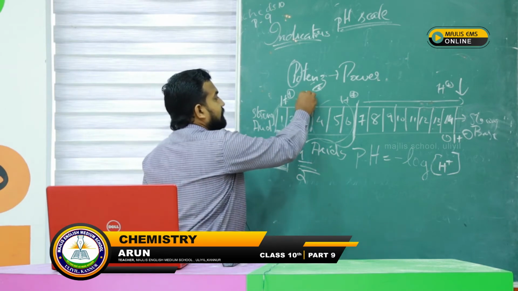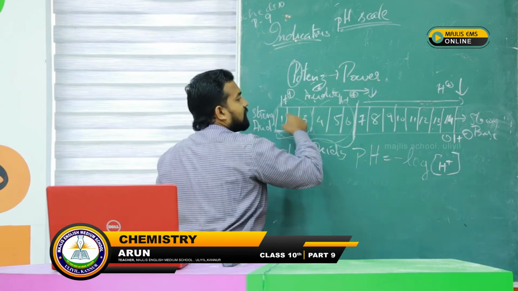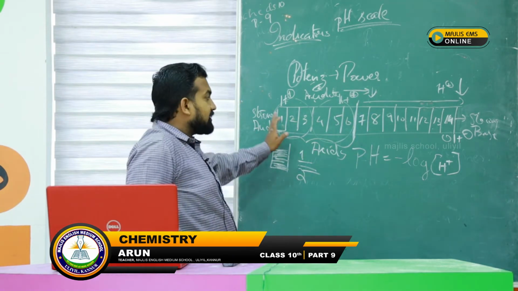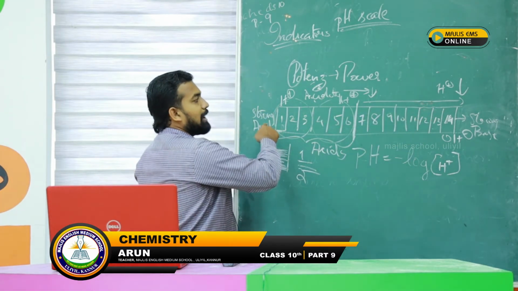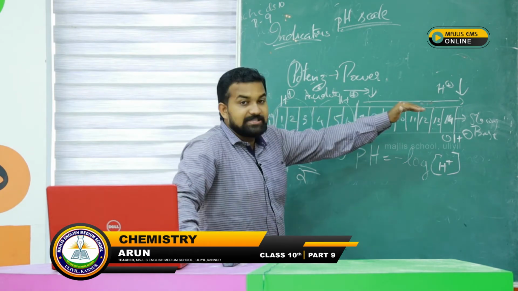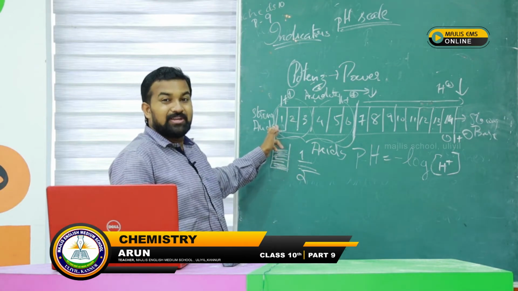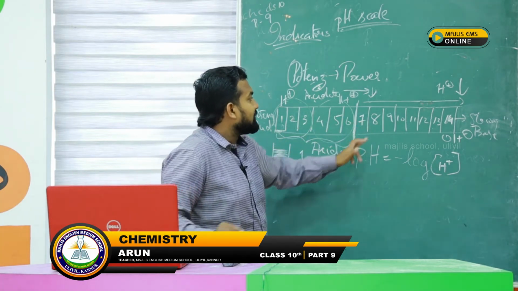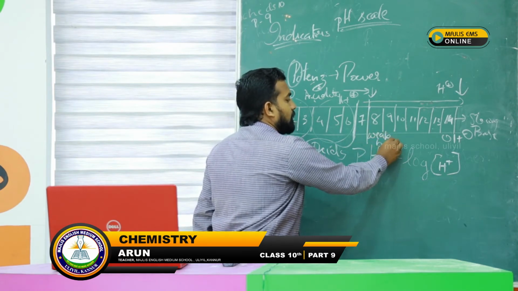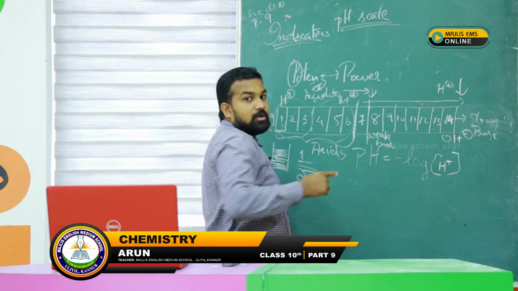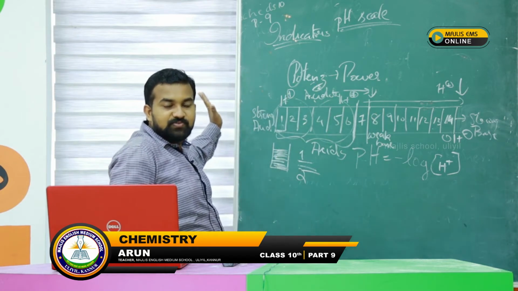So the acidity decreases when we are moving from 1 to 14, isn't it? Here it is strong acid, then the H plus ion concentration decreases. What will happen to the basicity? It will increase when it is going from left to right, from 1 to 14. So here it is very small, it is strong acid, and when it comes here, it is weak base. From 8, it is weak base, and here it is strong base. So the basicity increases from 1 to 14, acidity decreases from 1 to 14.